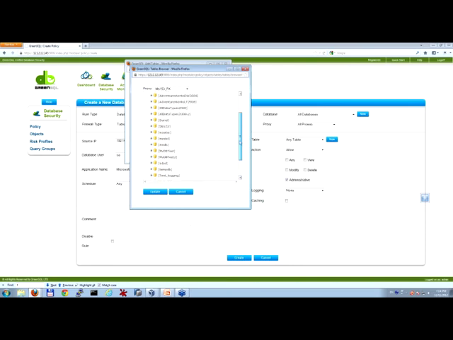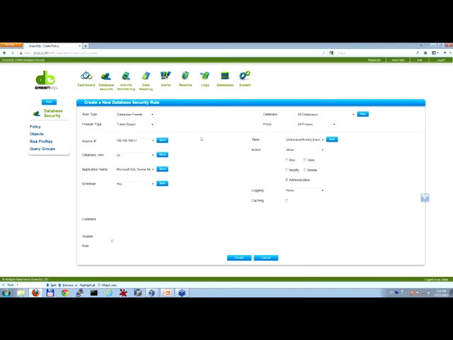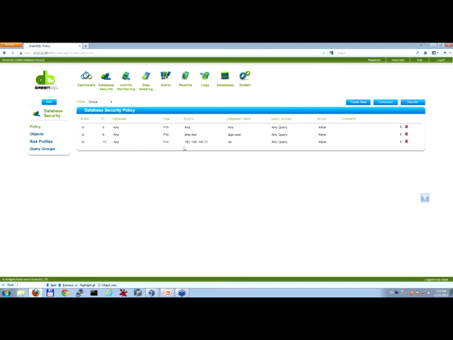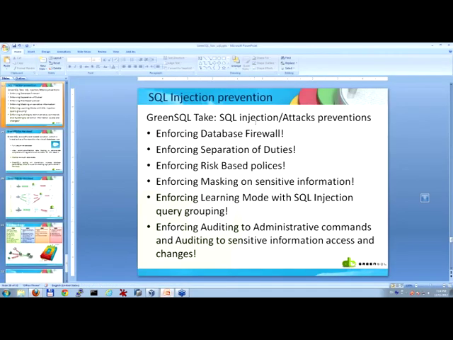As you can see, I have a real-time crawler to the database, and I can choose exactly which tables, and on which database, I will provide access to this specific source, and which exact command I'm allowing it to run. So those two very simple policies that I can create in exactly 2 minutes are the start of the way to reduce the SQL injection threat.